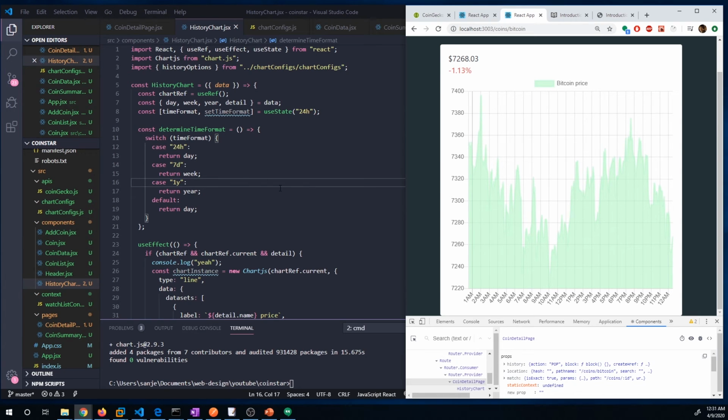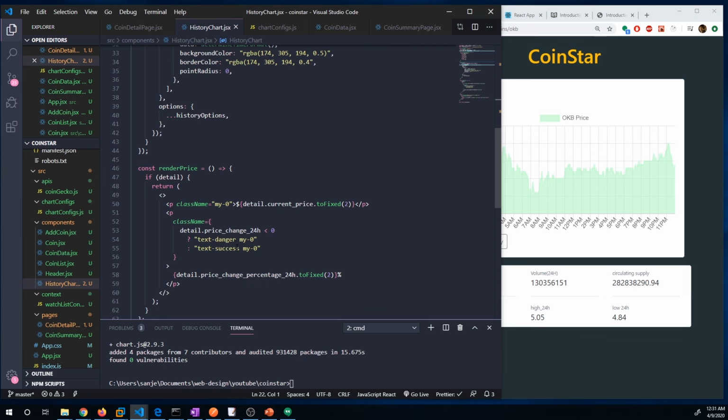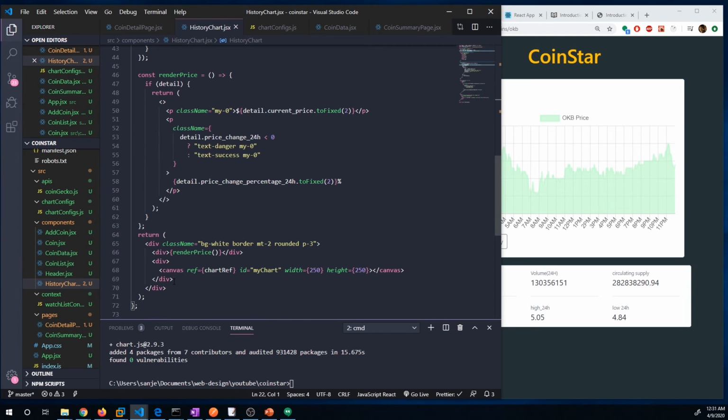Now we actually have to render out some buttons so the user can determine which one he wants, right? So if we go back to our finished app, we've got 3 buttons right here. So let's add those to the UI. Then under this div right here that wraps our canvas, we're going to put a new div, and we're going